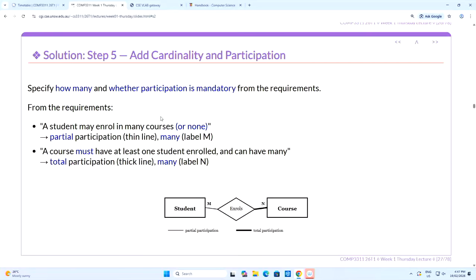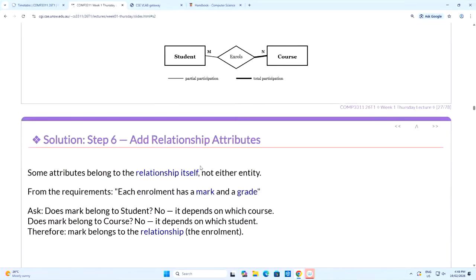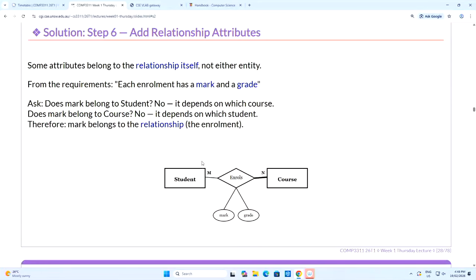And a course must have at least one student enrolled, or it doesn't make sense for us to call it a course. So in this case, it's a double line or a thick line. In this case, this is a total participation. So this is how these ER diagrams are drawn. And in the end,